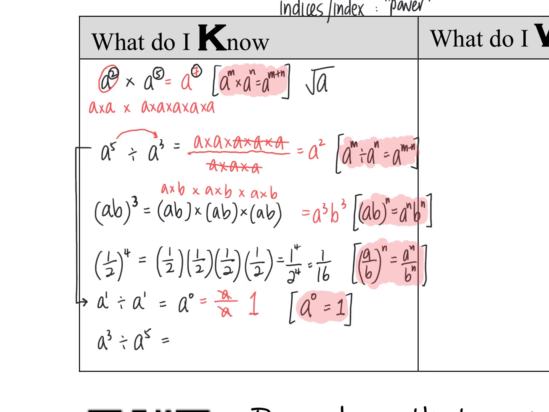So all these things actually you know. If you write everything out explicitly, you know. But they just want to summarize the general case for you. Okay, what about this one? If I also use this rule, what do I get? Negative? Okay, the power is negative 2. But if I were to do it this way,